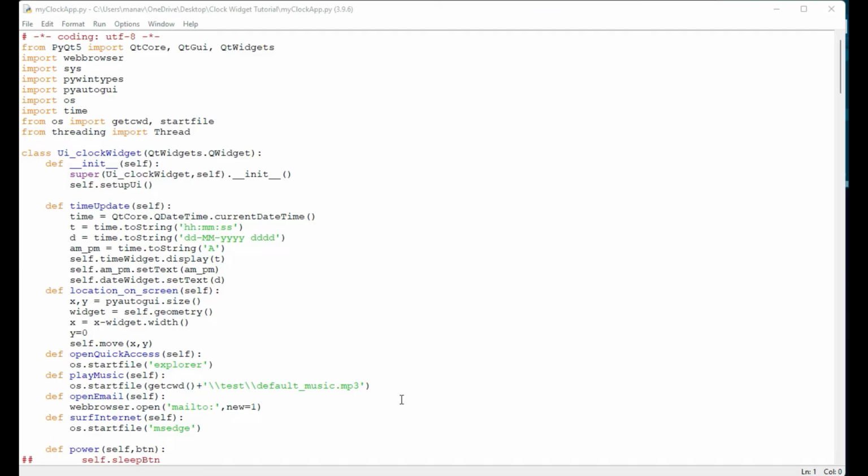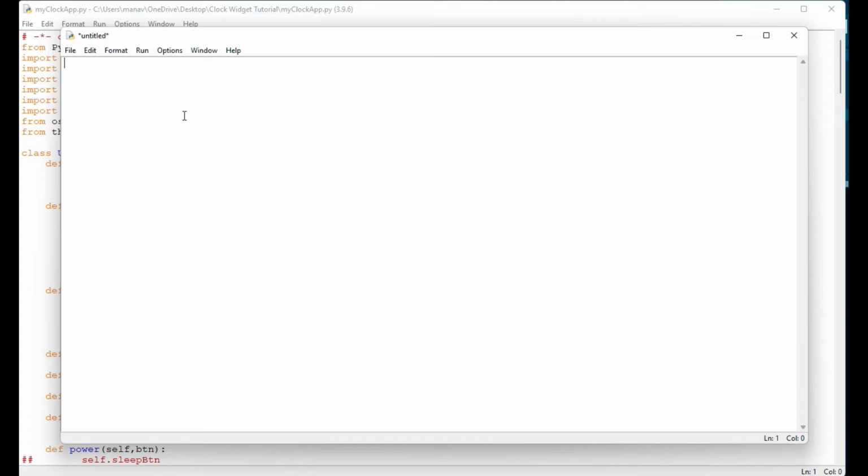For that, I have used one empty Python file, and under this file I will make a list of theme names. Under this list I will pass multiple names of the themes, and my first theme will be default, which is right now in our application. Next, suppose I want the name as maroon. I can name anything here, and according to that theme name I will design the theme.